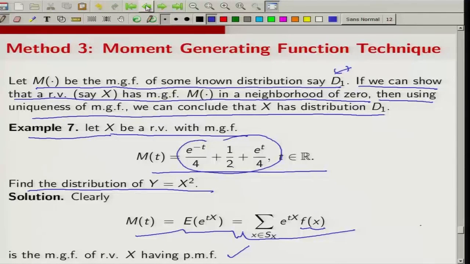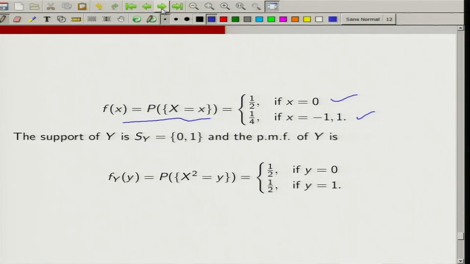When x is 0, e to the power t times 0 will contribute 1, so 1 by 2. When x is minus 1 and 1, it has probability 1 by 4, so e to the power minus t by 4 will come as a contribution, and e to the power t by 4 will come as a contribution. So, that is what is happening over here. Now, suppose I have to find the distribution of y equal to x square. Now, the support of x is 0, minus 1 and 1. So, the support of y would be 0 or 1,